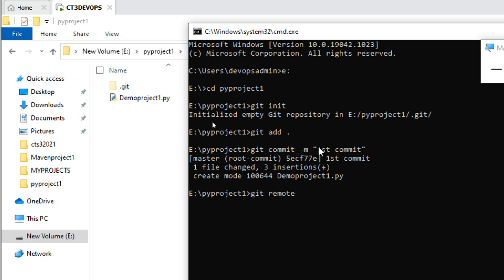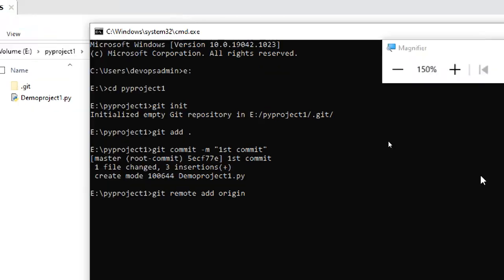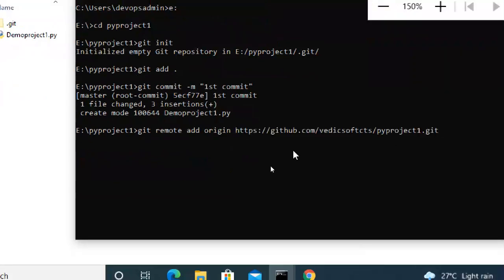Git remote add origin. Then we have to paste that link, the link which we copied. Added. See, I remember, so you can remember. Git push origin master. First time we are pushing.